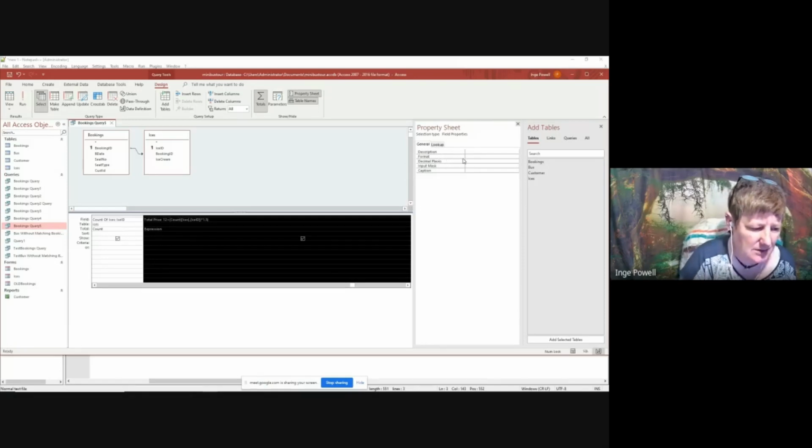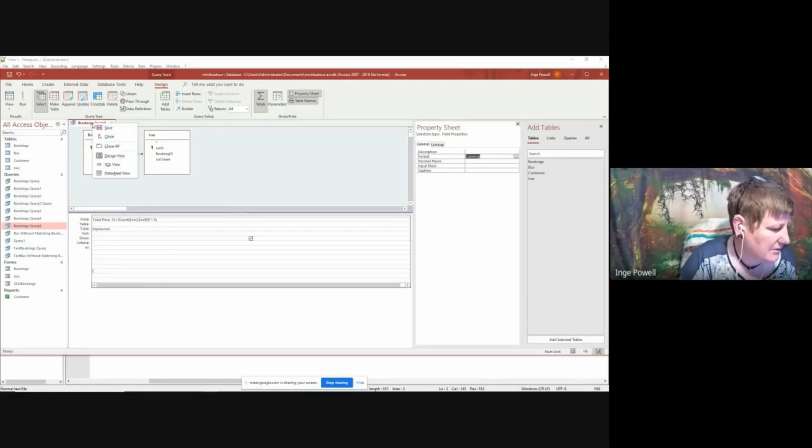At the minute it was showing like 13.5 and things. It doesn't make a lot of sense. So the format in here, we can make it much nicer. Change that to currency, whatever you're adding up, or if you've just got numbers in there. Change that to currency. I'm going to save that, file save, go and look at it in datasheet view now,